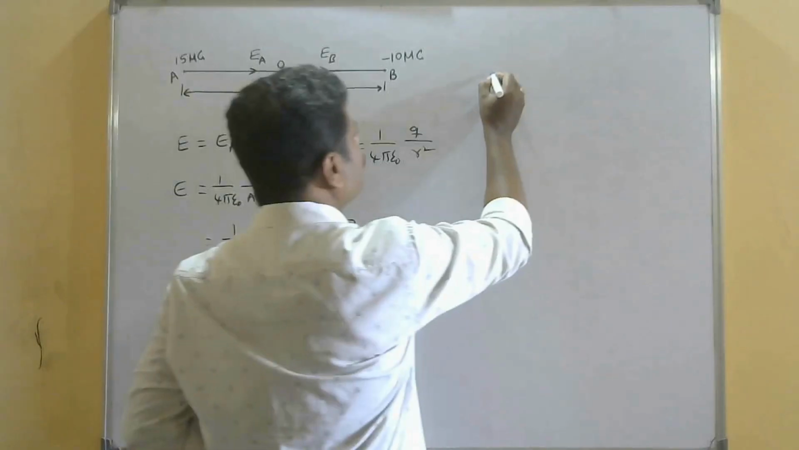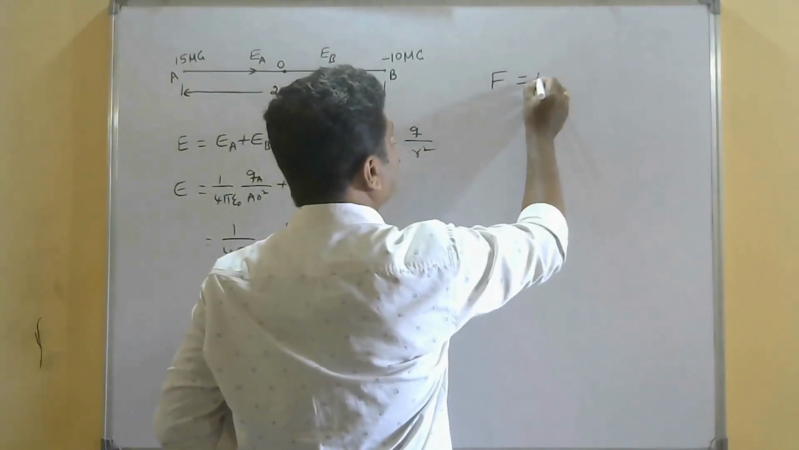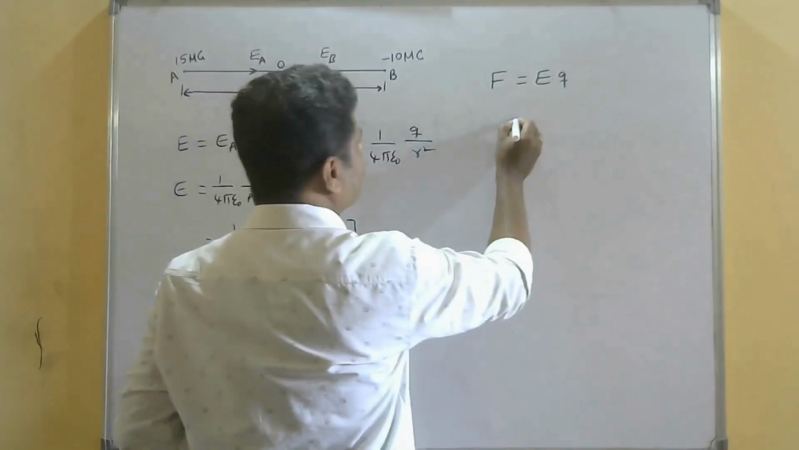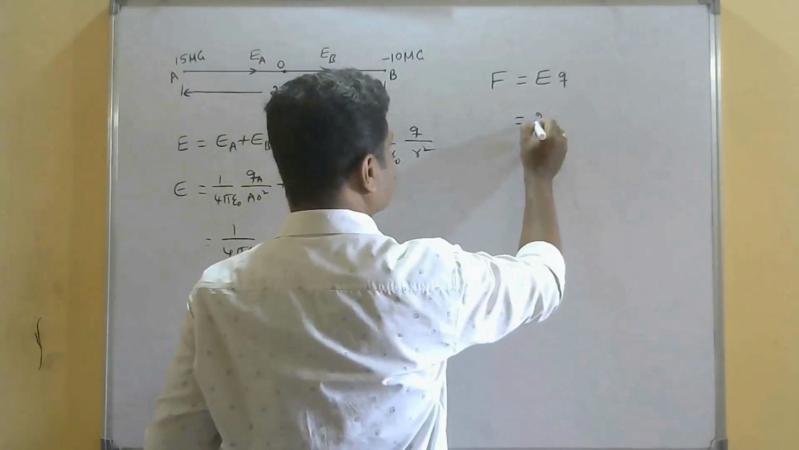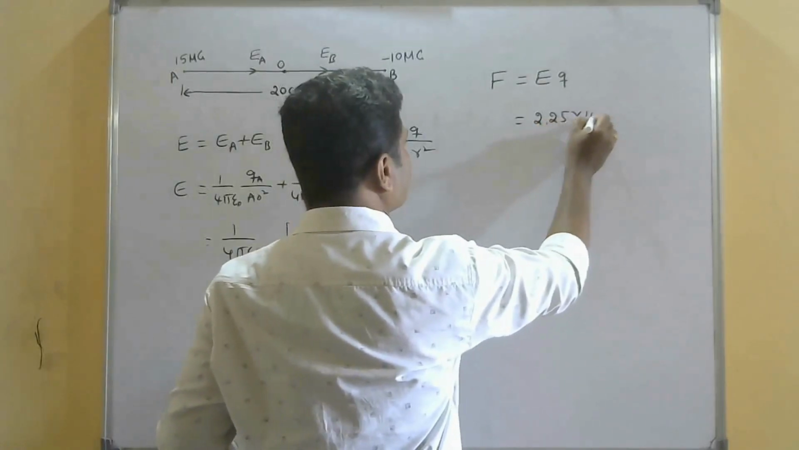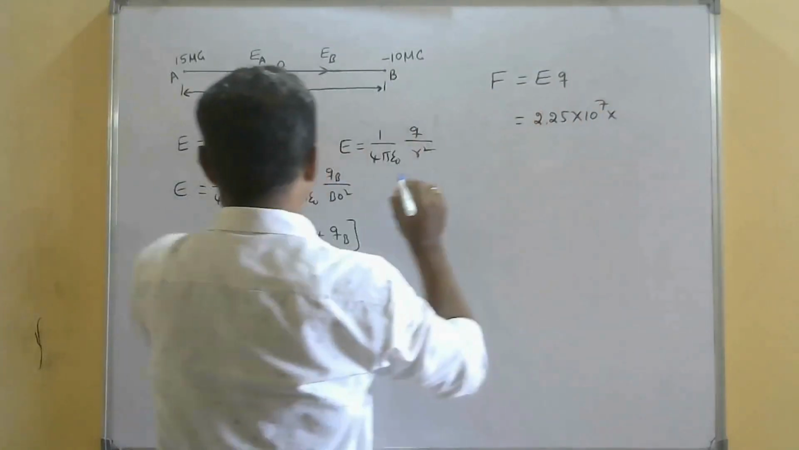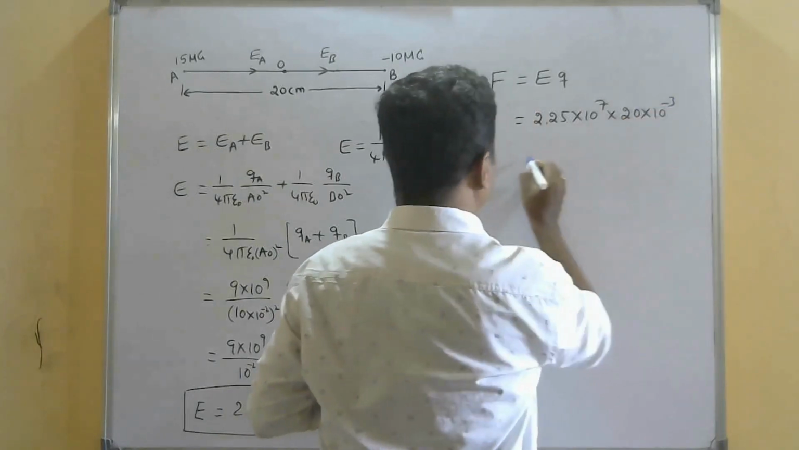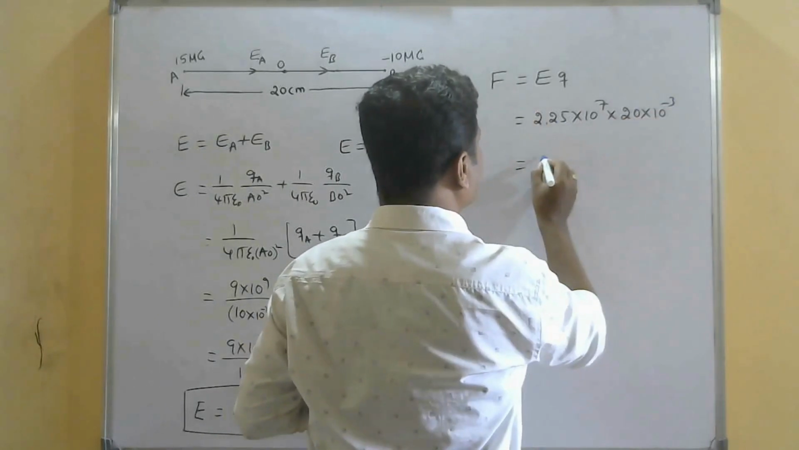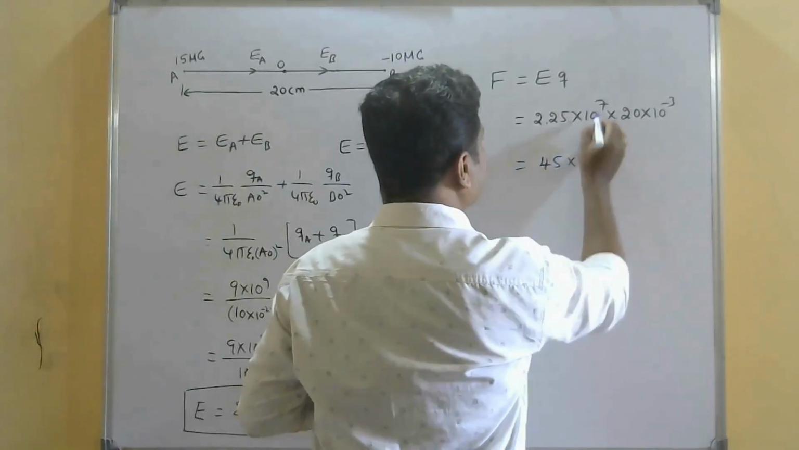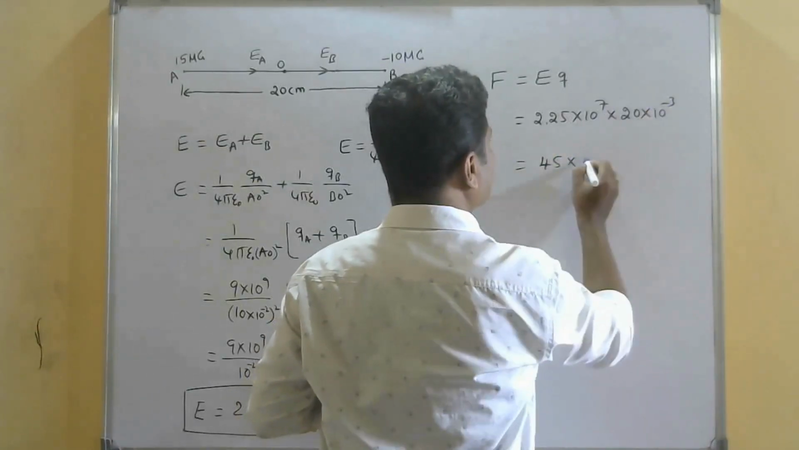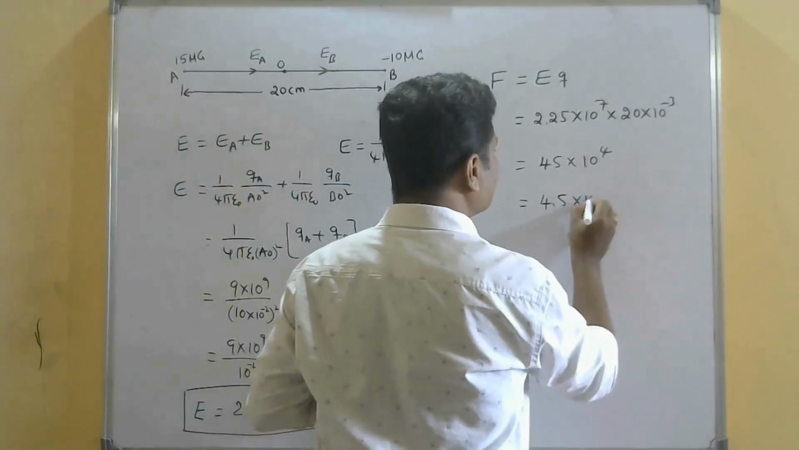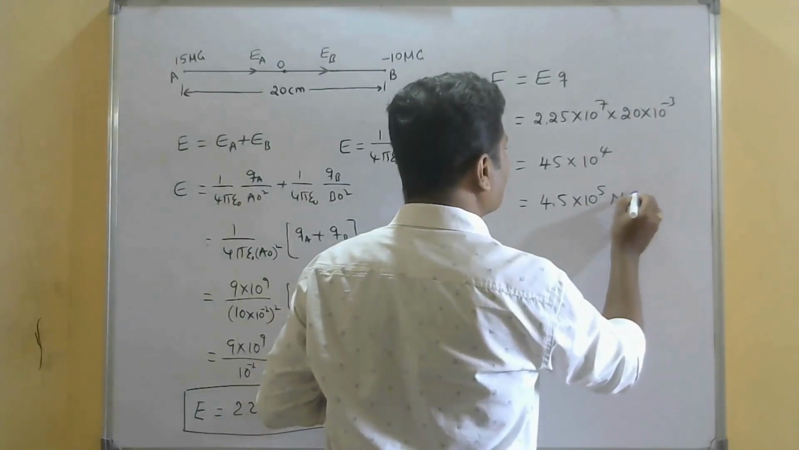We know that the force experienced by the charge equals electric field times the charge. Here, E is equal to 2.25 into 10 raised to 7, and the charge placed at the point O is 20 into 10 raised to minus 20 millicoulomb. 2.25 into 20 is 45, 10 raised to 7 and minus 3, here 10 to the power 4. Let me express it to one decimal place, that is 4.5 times 10 raised to 5 Newton per